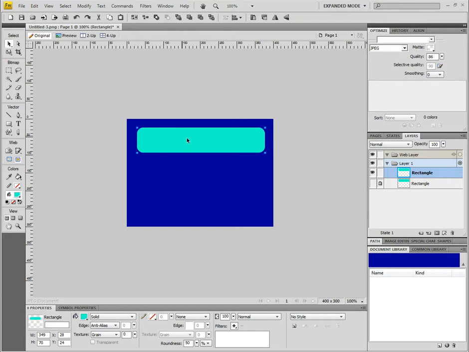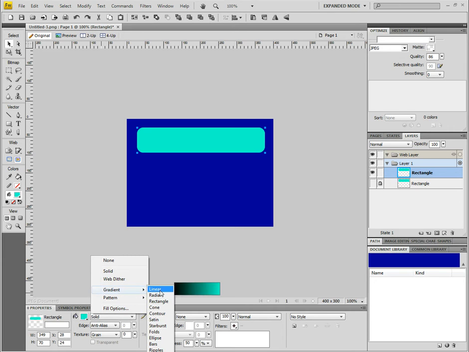that this is rounded. Now this is significant because what's going to happen is when we make this our mask, we're going to see what lies beneath it only through this object. So that means that these corners will no longer be visible. Now the next thing, I'm going to come over here and I'm going to change my solid fill to a